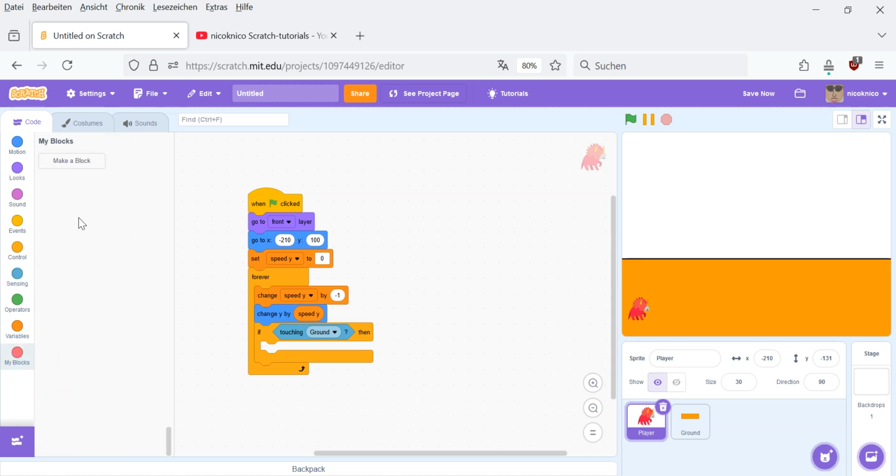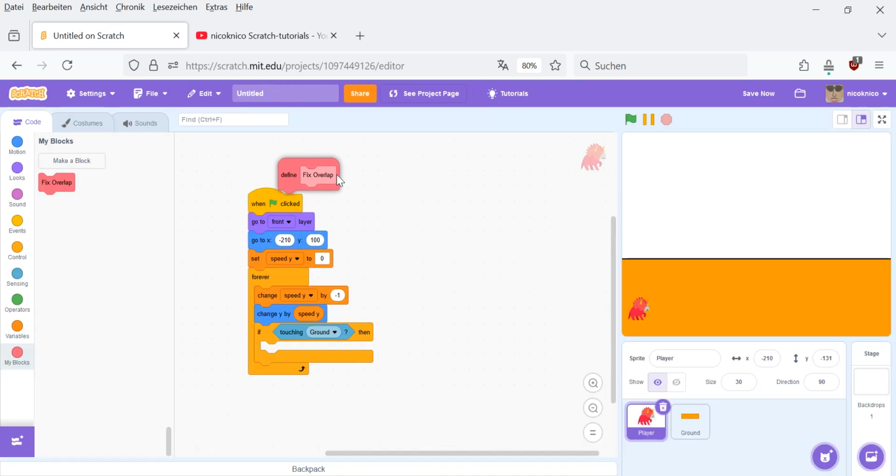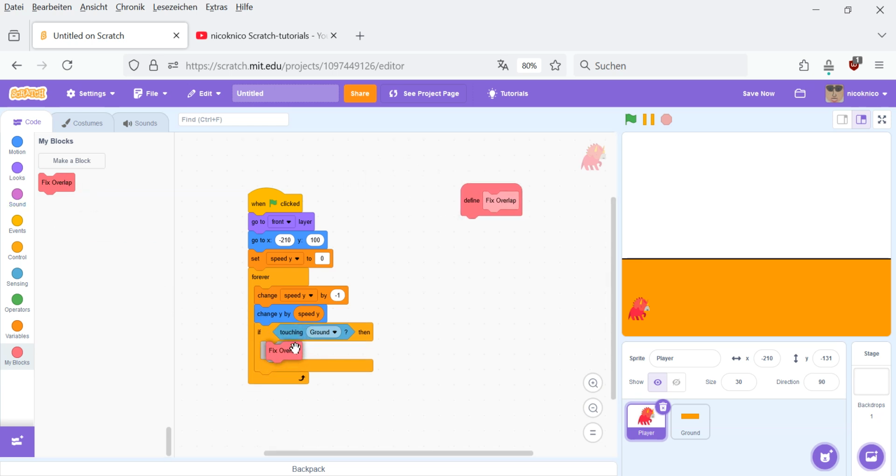So let's code that. We need a new custom block, fix overlap, and we run without screen refresh, of course. Now we put this fix overlap block in this if condition,